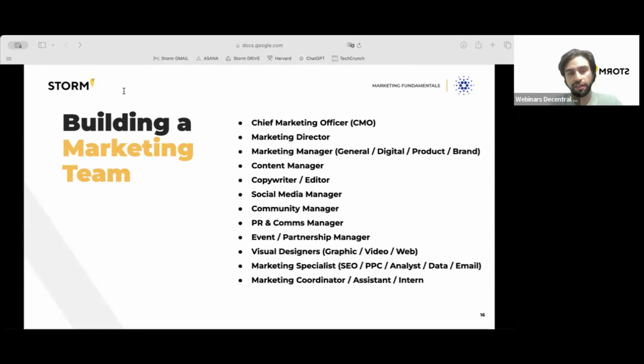Then we have a content manager who oversees content creation and strategy, ensuring it aligns with the brand's voice and goals. Then in the marketing team, we have copywriters, editors, who are responsible for writing and editing content across all marketing materials. The copywriter creates compelling copy for ads, blog posts, and social media, while the editor ensures all content is polished